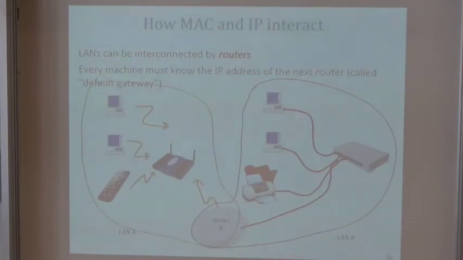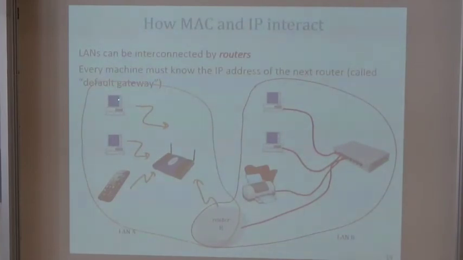Right? They communicate directly, so if I communicate directly with you, that means we are in the same local area network. All I need to find is your MAC address, because, remember the mental model of the MAC layer: I just need to know your MAC address, I throw the packet into the MAC layer, and with the magic of your MAC address, it will reach you. If A talks to C that is here, well, it's a bit more complicated. A needs to send to the router, so A needs to find the MAC address of the router. So A needs to know first that it has to send to the router, and it needs to find the MAC address of the router.